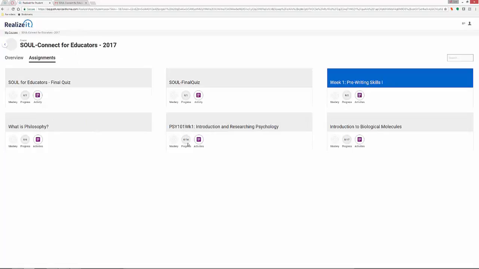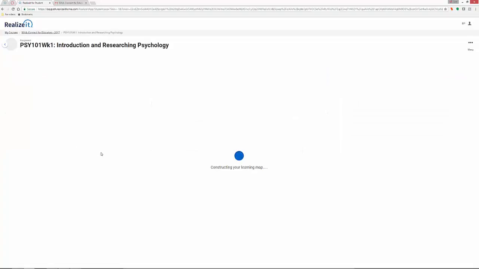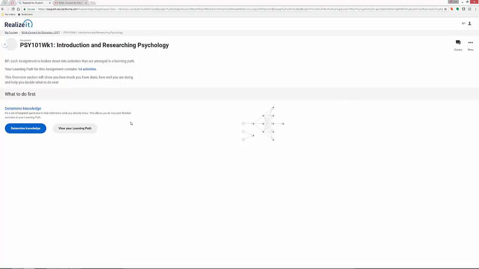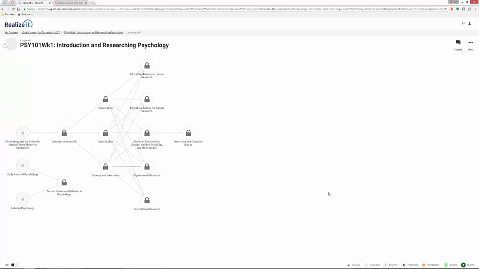Now psychology. We have 14 activities. So let's take a look at that. Remember I talked about having a lot of prerequisites? So take a look at this. And look at how things are interlocked. So again, if a student says to you, I don't know why, there must be a problem, the nodes are locked. They certainly are, because there are 3 nodes in the early stages that must be done first before subsequent